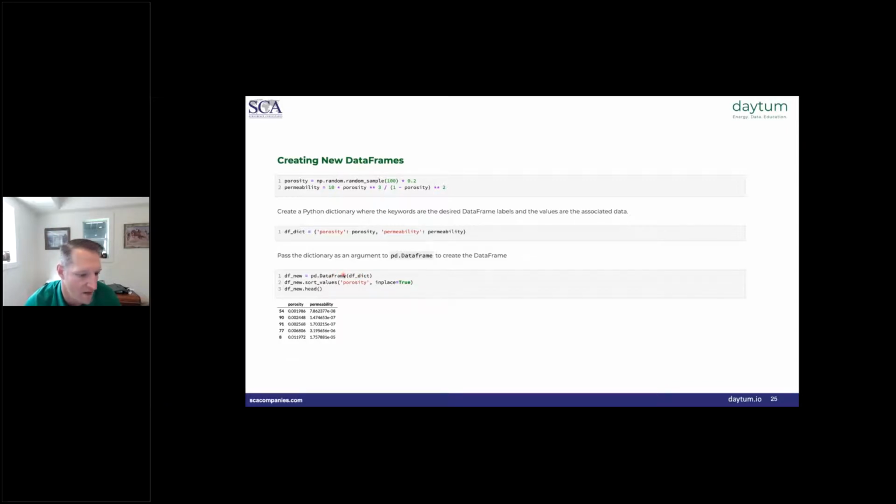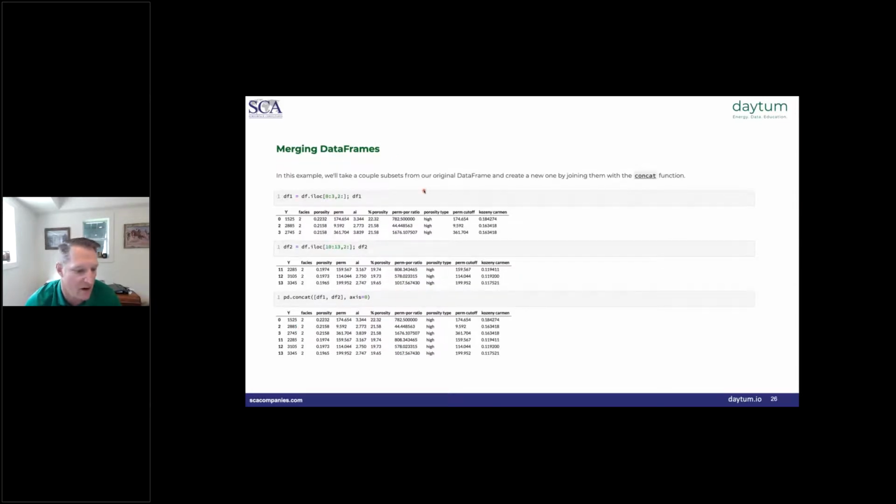Then we can create a new data frame from that dictionary by simply passing it into the pd.DataFrame command, and then we can do all the operations that we talked about before. So now we have a new data frame that I can sort the values on the porosity column with, for example, and that's what we see here. Here's an example where we concatenate two data frames. So we're returning to our original data frame and creating two subsets. The first one is rows 0 to 3 and the columns 2 to the end.